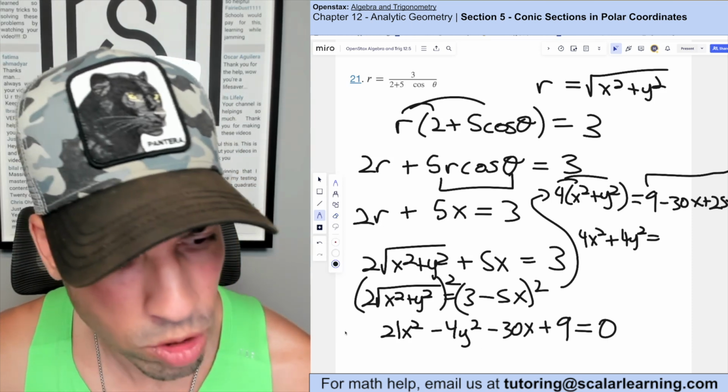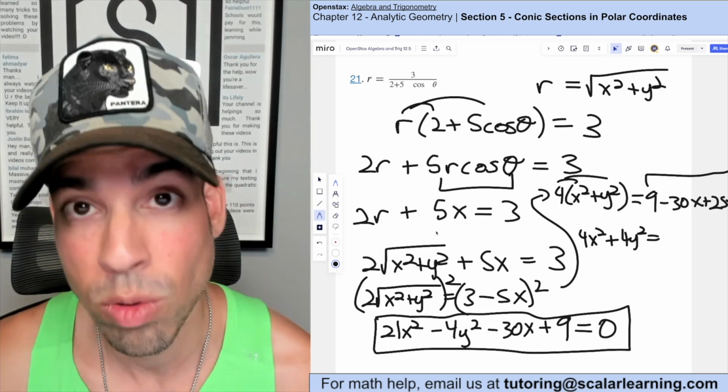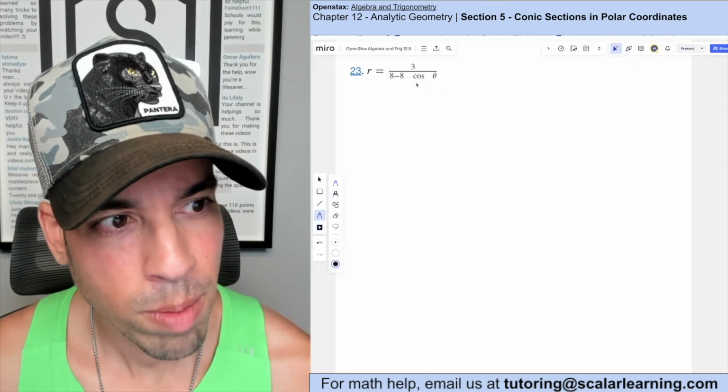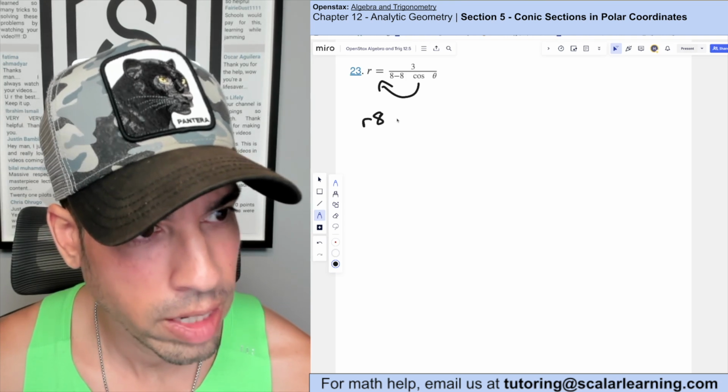And negative 1 times 0 is still 0. So that is the final answer. That's how you do it. Done. So now we're going to start by multiplying the denominator over here, and we've got r times 8 minus,